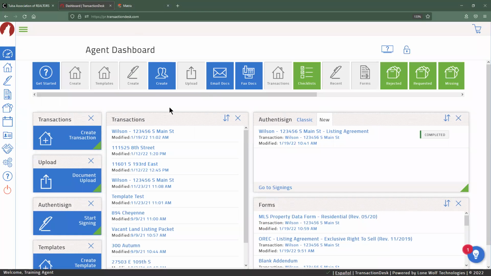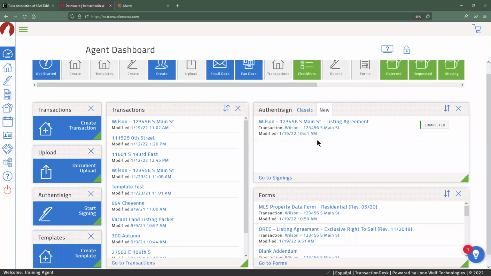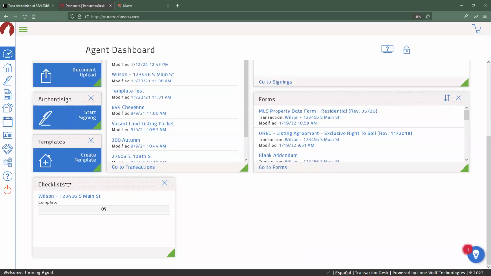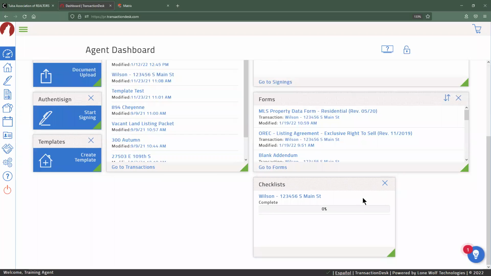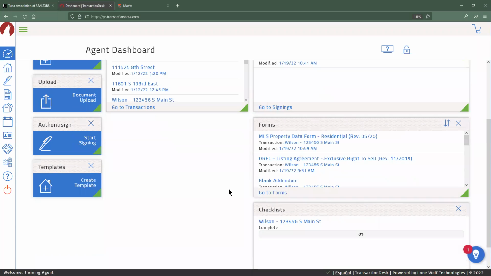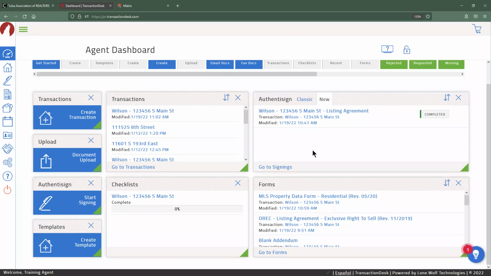But when you're looking at this, you can also see that the transactions and the AuthentiSign, all of those little headers now have a little bit of texture to them. This is indicating that you can actually move those around. So for instance, if I wanted to add checklists onto my homepage, I can click and drag that, and I can move that into a different position, and I can even resize it so that I can have it match the format that the other ones above it were. Or if I wanted to make this transactions list shorter and then squeeze the checklist item in there, we can have it laid out a little bit differently.